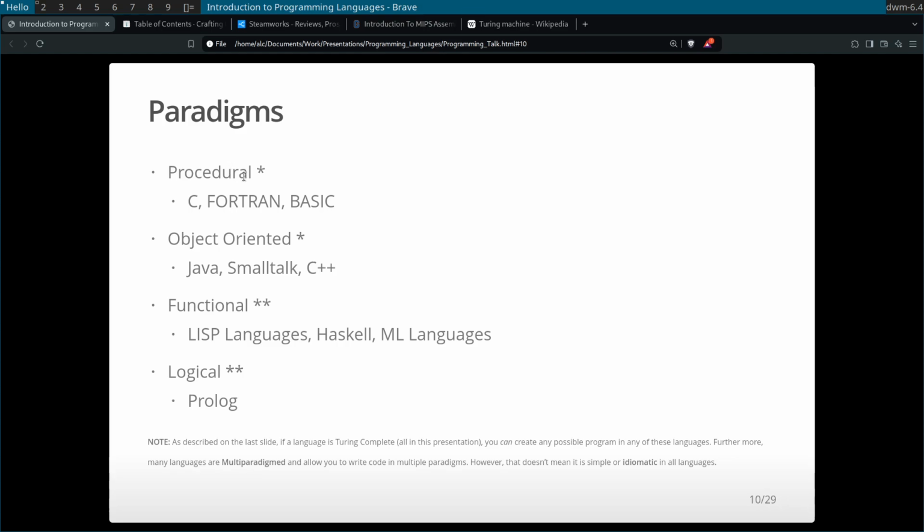So there's procedural, which is kind of like just writing a recipe. So it's step-by-step instructions. There's object-oriented, which has a lot of similar features to procedural, but now you have these things called objects, which you could kind of think of like templates or abstract classes that you could have both attributes and functions within.